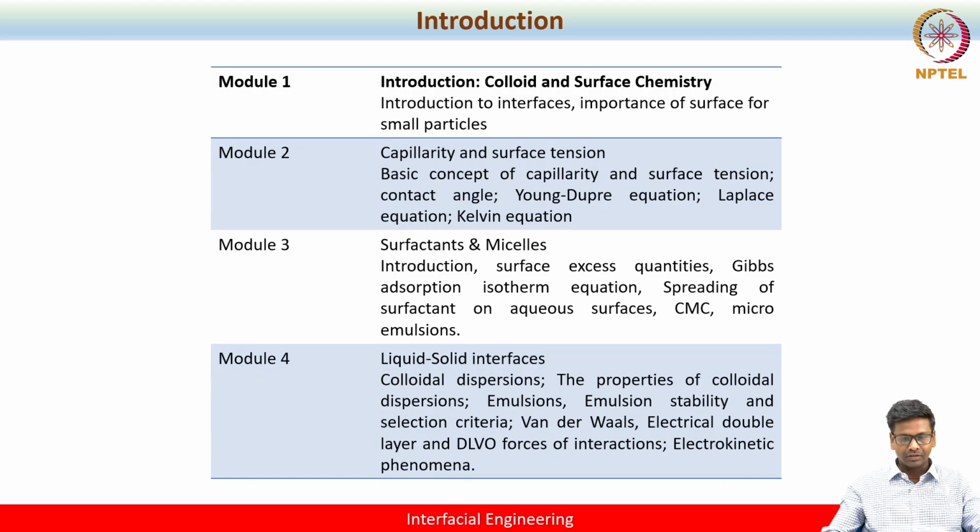The last but not least in this module is electrokinetic phenomena. In this chapter, we will also provide enough insight into what is known as zeta potential, how it is different from surface potential, and what technique can be used to understand the zeta potential of any given colloidal system when you disperse it into any known medium, usually an aqueous medium. And we'll also look at various models that are available to describe the distribution of the potential as a function of the distance from the object.